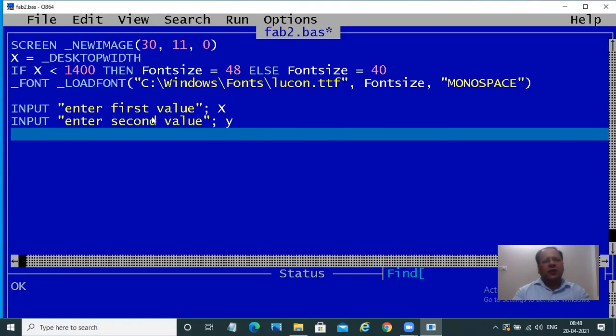So I entered two values. Now simply what I'm going to do is, let us say A for addition.